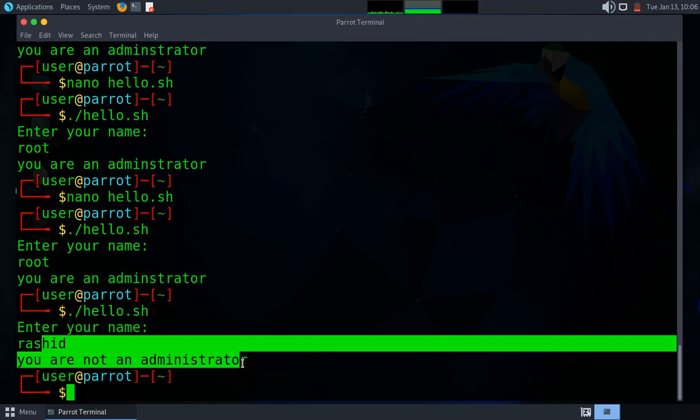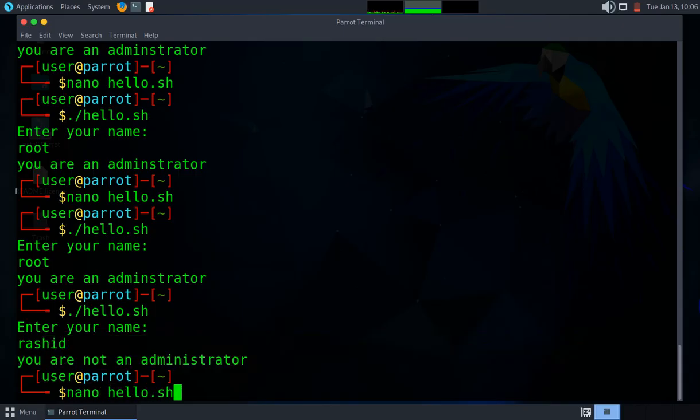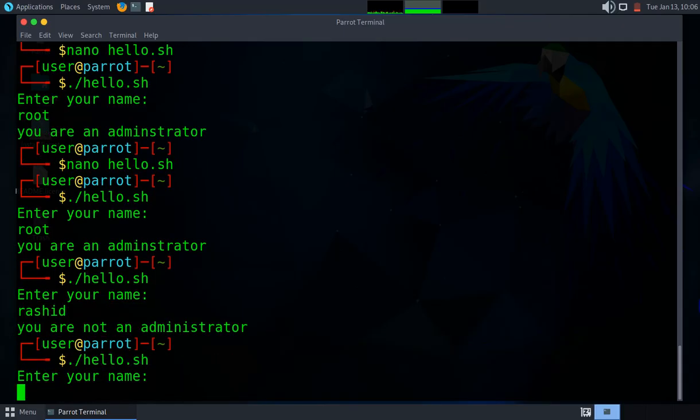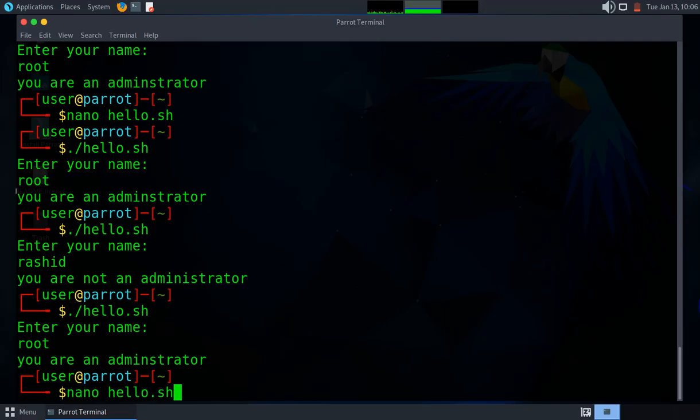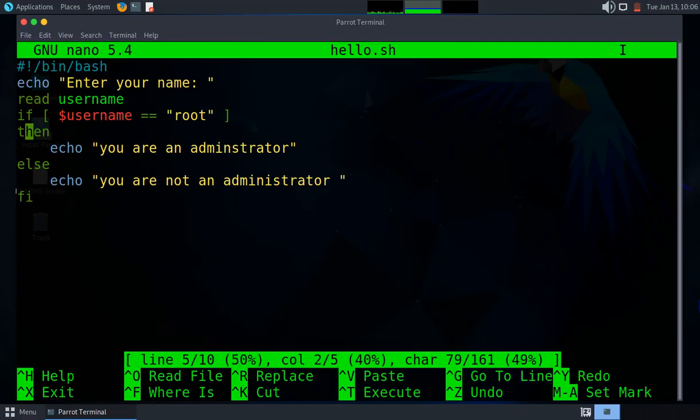So let us take a look at loops in shell scripting. Loops allow commands to run repeatedly. For example, let us go back in our shell. I don't want to execute. Let me use nano. So inside nano, let us do something here. After getting the name,